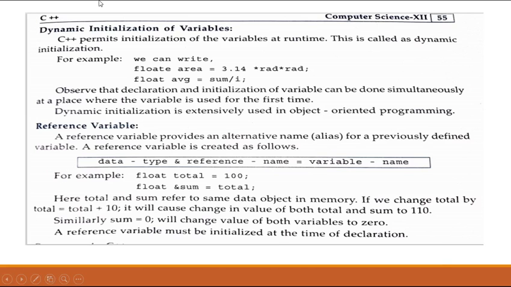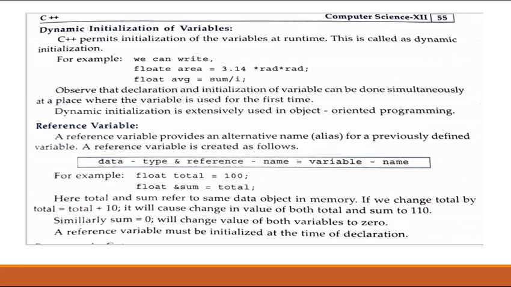So C++ permits initialization of variable at runtime. This is called as the dynamic initialization. देखिए क्या होता है कि मोस्ट ऑफ टाइम जब हम लार्ज प्रोग्राम करेंगे, जब हमारी लाइन ऑफ कोड्स बहुत सारी रहती हैं, जैसे कि 200-2000 लाइन्स तक भी कोड रहता है, राइट। उस टाइम हम स्टैटिक वेरिएबल्स नहीं यूज करते। कितने स्टैटिक वेरिएबल यूज करेंगे, राइट। स्टैटिक और डायनेमिक दो रहते हैं ना। स्टैटिक वो रहता है जिसमें